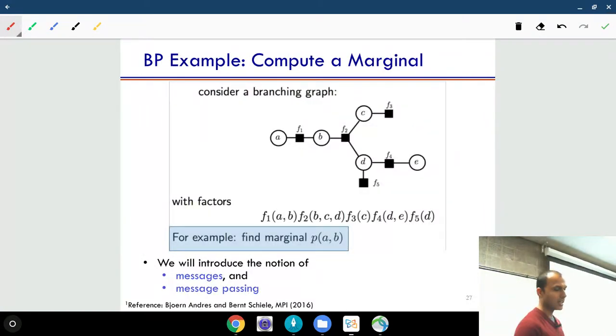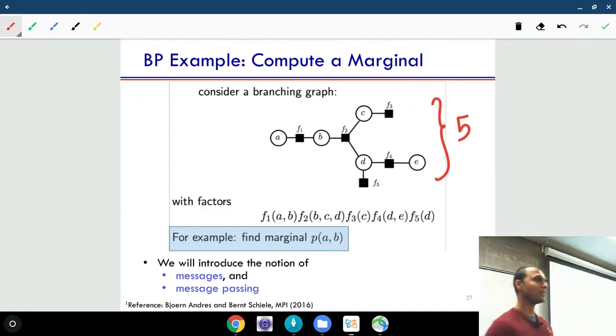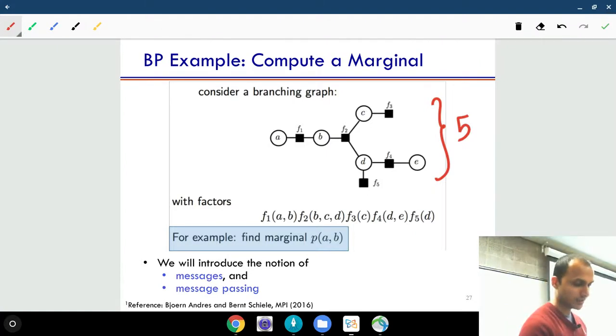So what we're going to do in the next few slides and next few minutes is to understand the procedure of how belief propagation computes the marginal distribution. Okay. So for us, what we're going to do is use this as a running example. So this is a particular factor graph. It has 5 factors. Okay, too many, but not too few, so that we'll understand all the nuances. So it has 5 factors and 5 random variables, so 5 nodes,